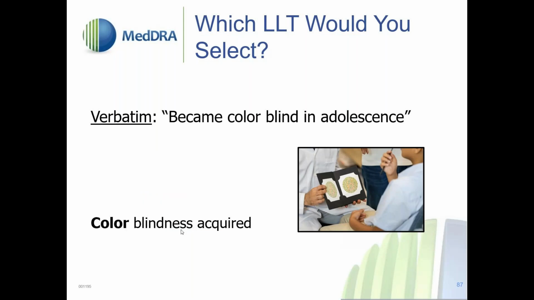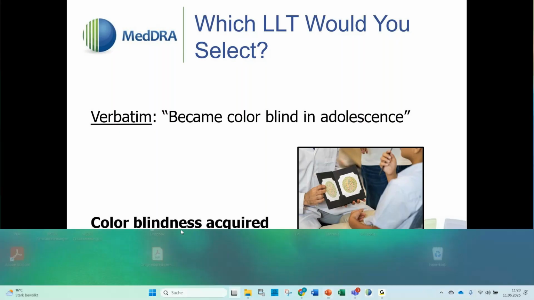And here is the correct assignment: color blindness acquired. It reflects the acquired nature of the condition and also the appropriate spelling based upon available American and British English spelling options. So let me show you in the browser